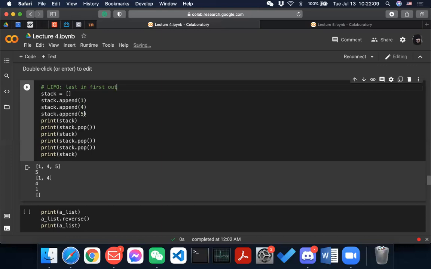And then the last one you append in is 5, and then print stack pop. And then if you try to get it out, then the last element that you put in is the first element that gets out from the stack. All right, so yeah, remember this kind of feature, last in first out.